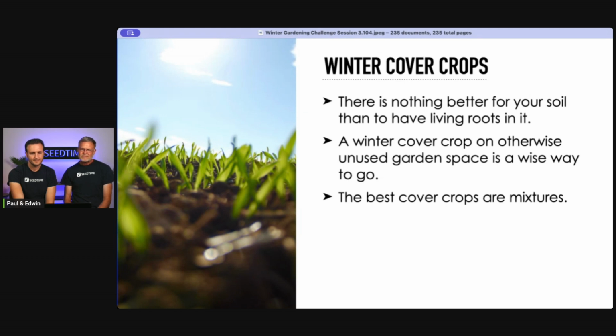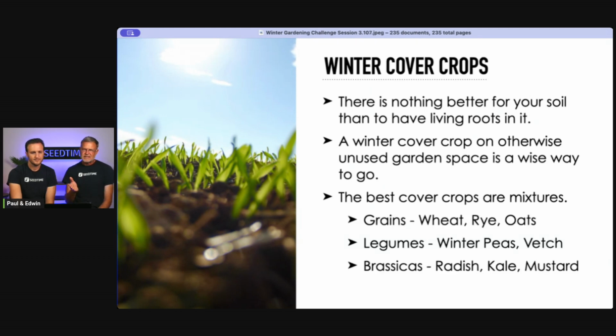So the best cover crop to grow is actually a cover crop mixture of a number of different things, but it should have some grains in it. It should have some legumes in it, and it should have some brassicas, and then maybe even some other miscellaneous forbs in it. That would be the ideal mix. 7 or 8 or more